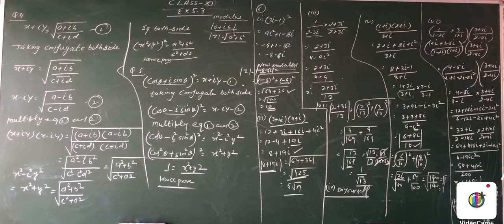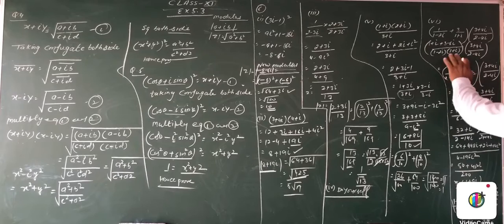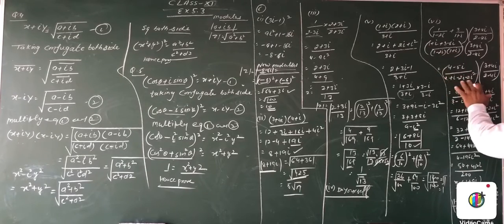And the last part of this question says 1 by 1 minus 2 iota plus 3 by 1 plus iota, into 3 plus 4 iota by 2 minus 4 iota. First of all, we solve this. We take the LCM of both these terms. We get the LCM 1 minus 2 iota into 1 plus iota. We multiply this by 1 plus iota. Now 3 multiply this term, 3 minus 6 iota. We get 3 plus 1, 4 minus 5 iota, and multiplying both terms we get this result.